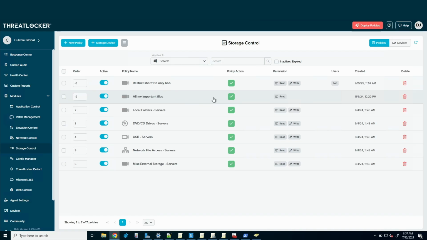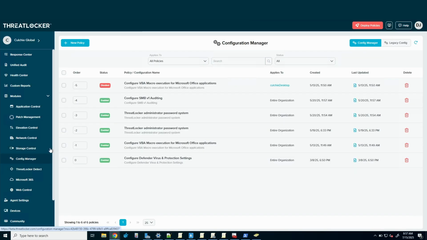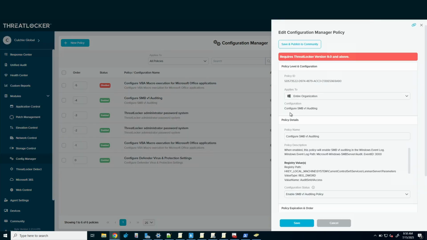On Configuration Manager, Adam has asked a question. Apologies if this was already answered, but do the changes in Config Manager stick even after the ThreatLocker agent is removed? Are they permanent or temporary, or are they just applied when the machine is communicating with the TL console? No, they stick. We're essentially making a change on your system. And worth noting, if you deleted this policy, the change still sticks.